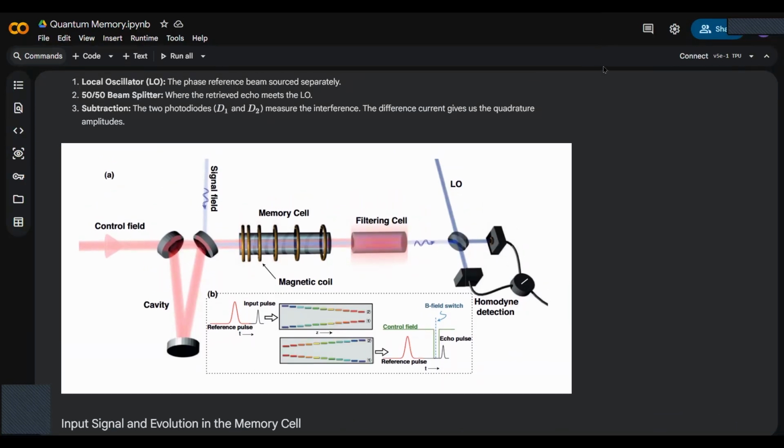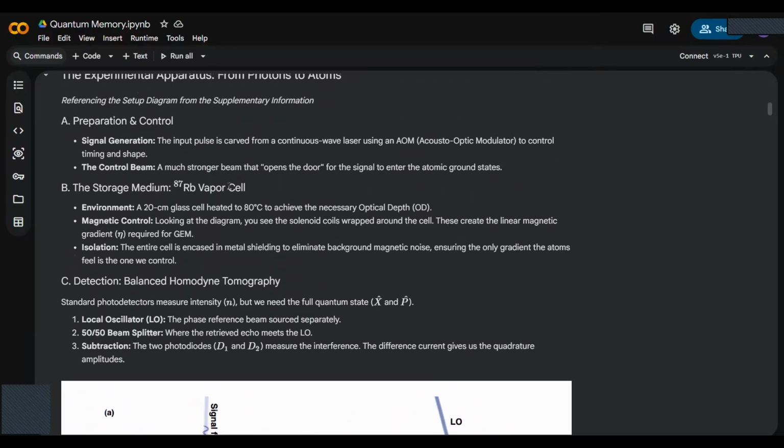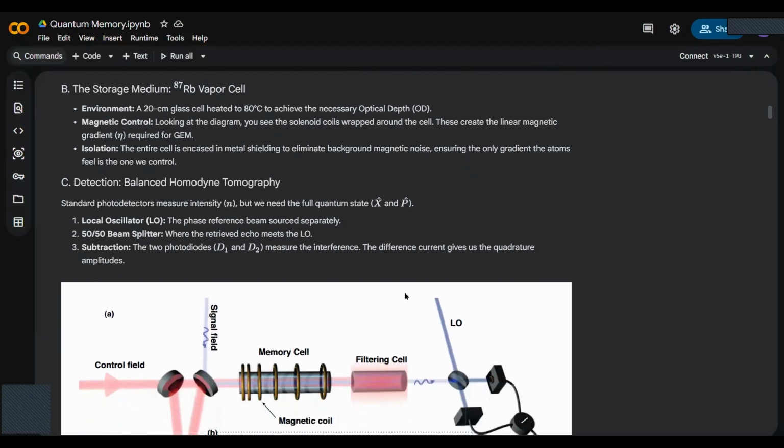Yes. So before we move ahead with Soham's explanation of the two-state evolution, I'll first explain the entire experimental setup. Initially, we create a weak signal field from a continuous wave laser using an acousto-optic modulator. It controls the exact timing and the shape of the pulse generated. We combine this with a control beam because the signal field is too weak to drive transitions inside the memory